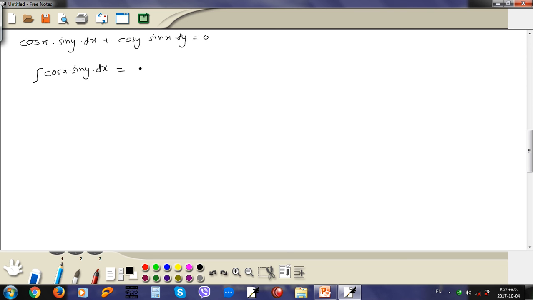Here, the integral is with respect to x, so sin y is constant, and we have to integrate only cos x dx. If we integrate cos x, what is the answer? Integration of cos x is sin x plus